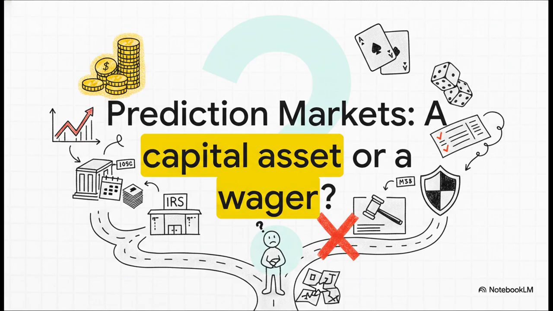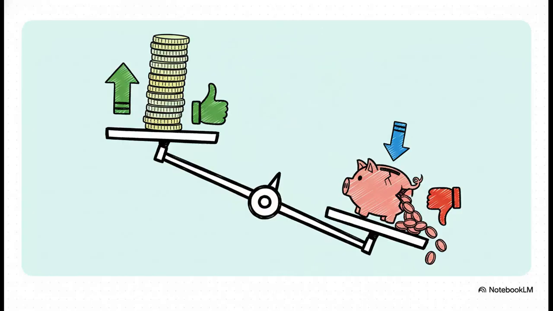So let's talk about the real Wild West: prediction markets, where people are betting on all sorts of future events. This is a huge, unresolved problem. The IRS has been totally silent on this. No guidance. So you have these platforms issuing all kinds of weird 1099s, and it basically forces practitioners like us to just pick a lane and hope we picked right, without any clear guidance from the authorities. It's a compliance nightmare. And the stakes for which lane you pick are just immense.